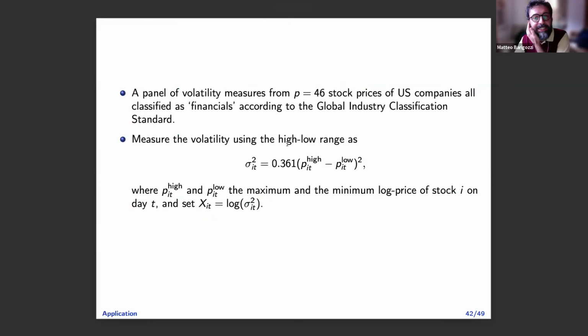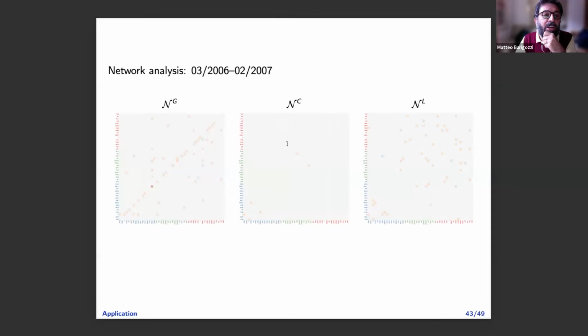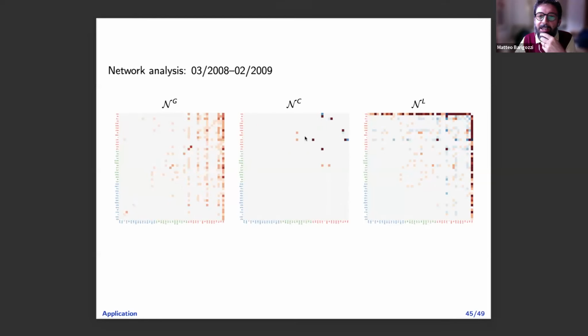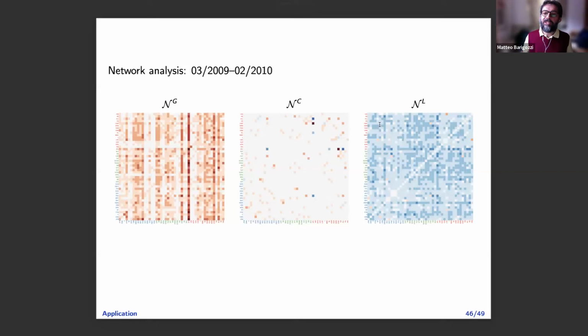Then we use log volatility, the 46 that I showed you at the beginning. And we estimate the 3 networks on a rolling window. This is 2006, basically. How do they look? The non-zero entries are the ones colored, okay? The rest is all 0. And then as the financial crisis kicks in, everything becomes more dense. Apparently here there is one company that is carrying all the load of the mess of the financial crisis, which I don't remember which one is. And after that, things change completely because from red you go to blue, from positive you go to negative links, okay?